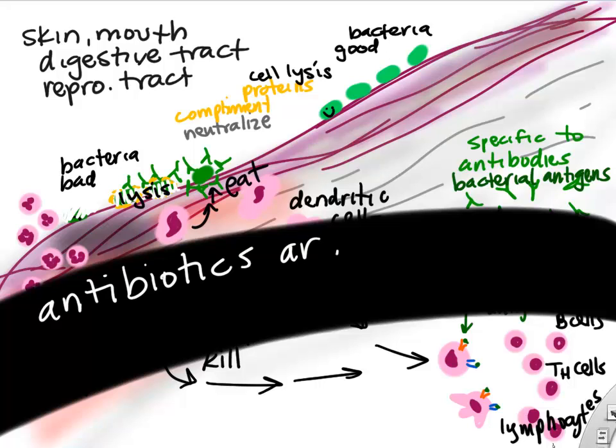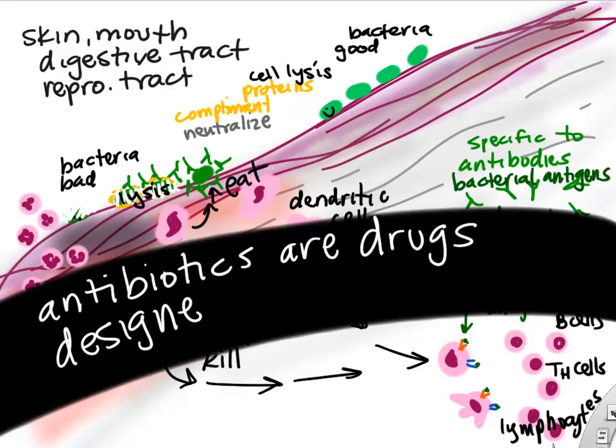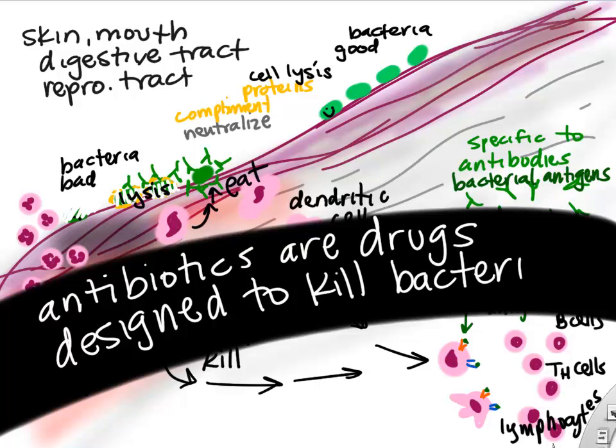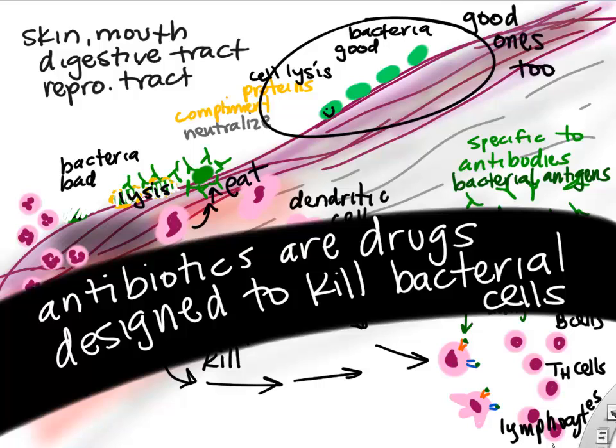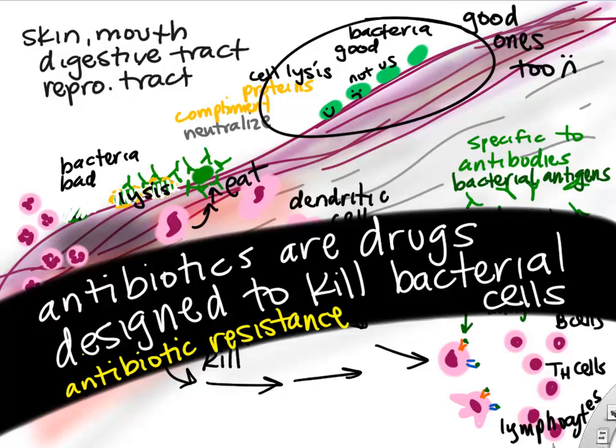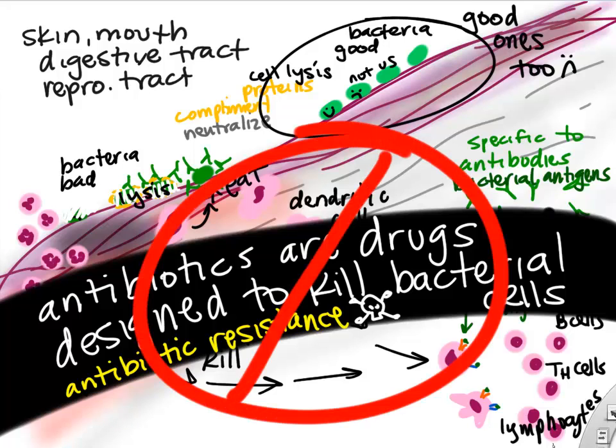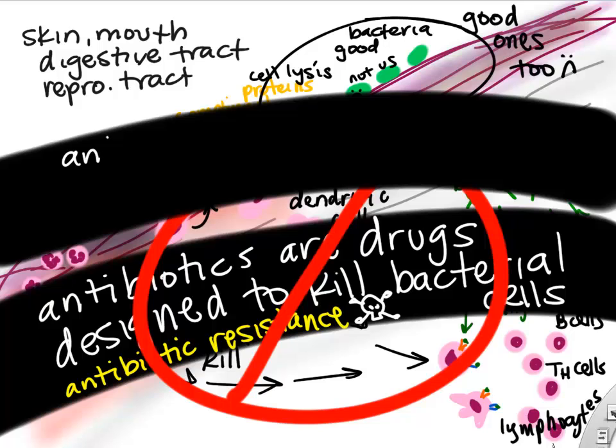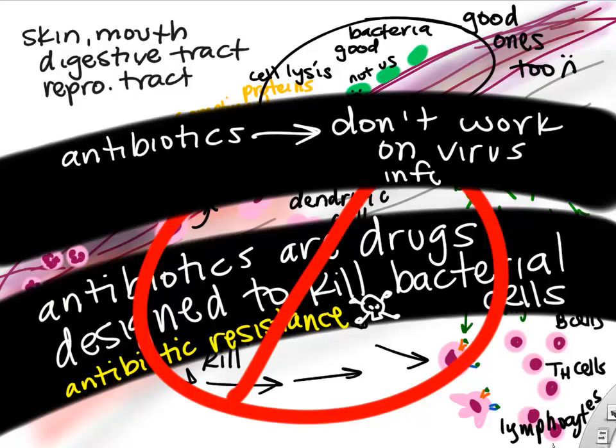Antibiotics are drugs designed to kill bacterial cells and hopefully not human cells. Antibiotics are great at killing bacteria, but they also often kill the good bacteria as well as the bad bacteria in our bodies. Also, the overuse of antibiotics has led to antibiotic resistance, meaning that there are strains of bacteria now that cannot be killed by antibiotics. Some of this was due to overuse of antibiotics in treating viral infections, because a virus will not be killed